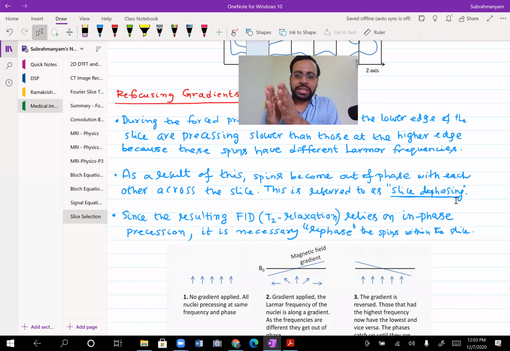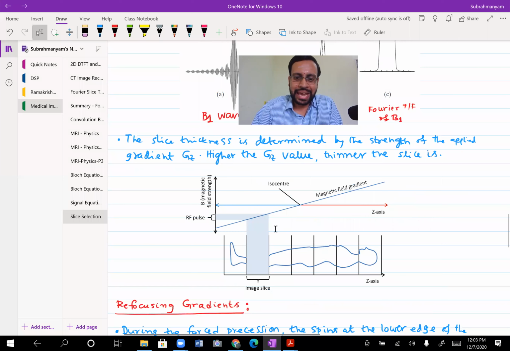You have a slab here in the z plane. When you are acquiring it, it's not at one point. This is like a slab you have in the image, right? Yes. But here, the gradient is different at every point within this slab, correct? Because of that, the resonant frequency is different for all these points as you move in the z direction, correct? Because gamma times the magnetic field gives you the resonant frequency. So as you move to your right here, the speed is increasing.